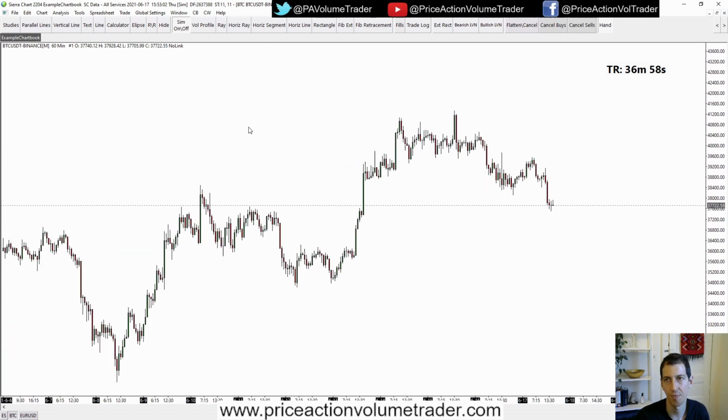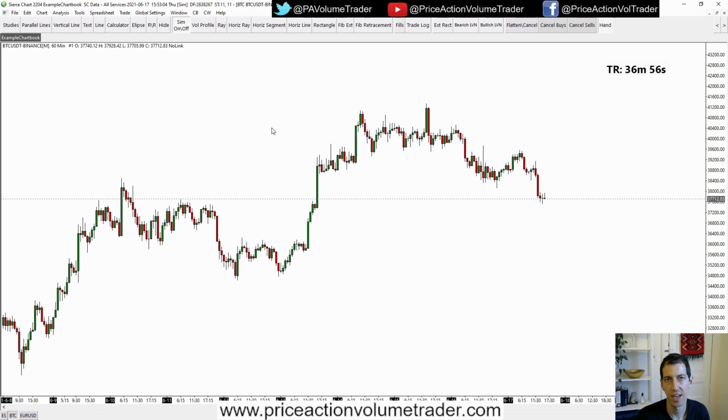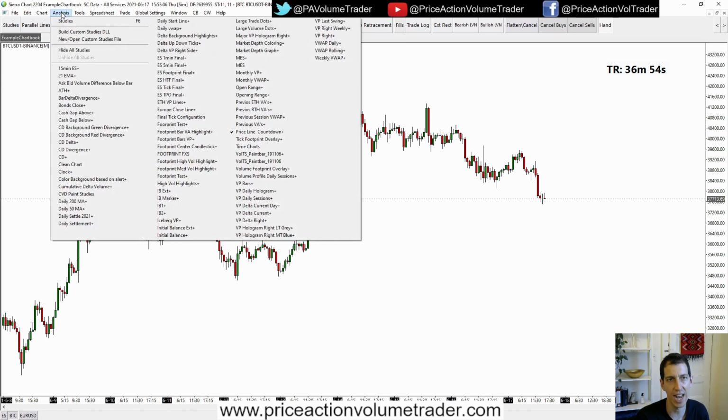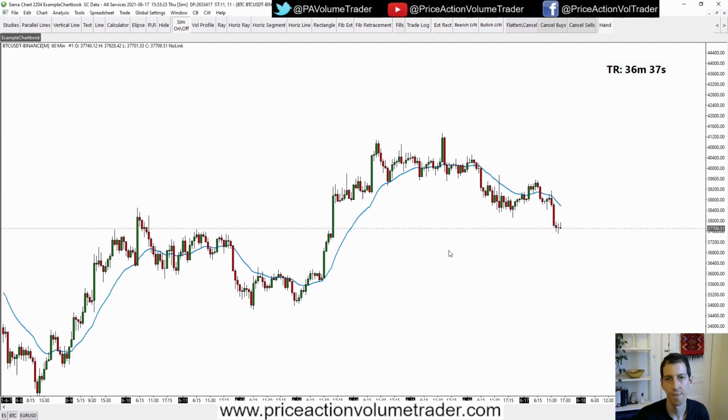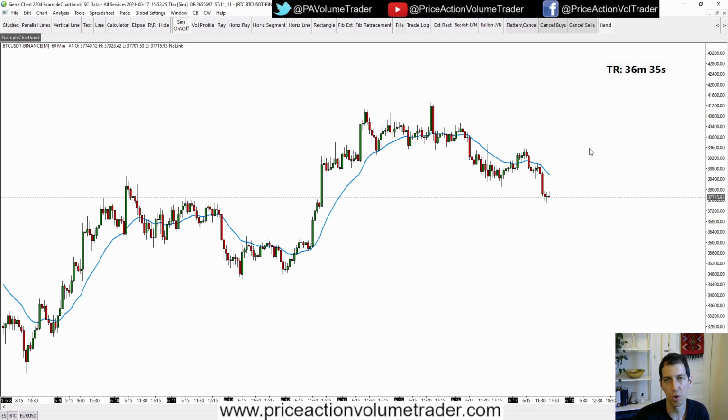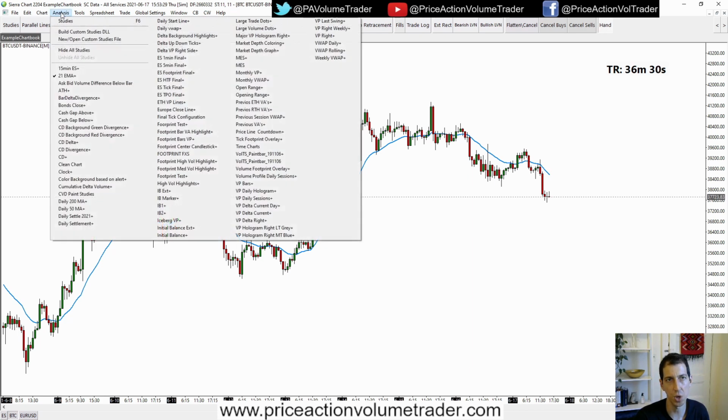saved study for my EMA, I'll just go to analysis and I have it right here. 21 EMA, click it, clear existing studies. I'm going to put no, because if I click yes, it's going to take off my timer and my price line. So I just click no. And now you got your Bitcoin chart with all your new indicator that you saved here,